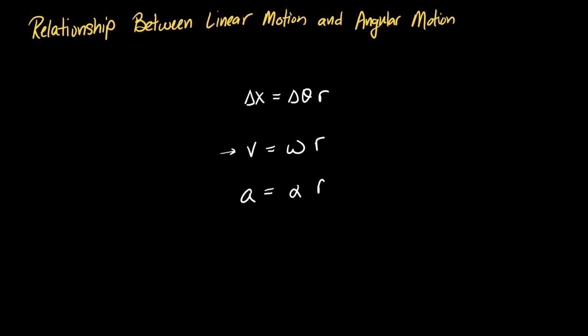This could be any velocity: initial, final, or something in the middle. It just says if you want the instantaneous linear velocity and you know how fast something is spinning, you could figure out its linear velocity. Now, this side here